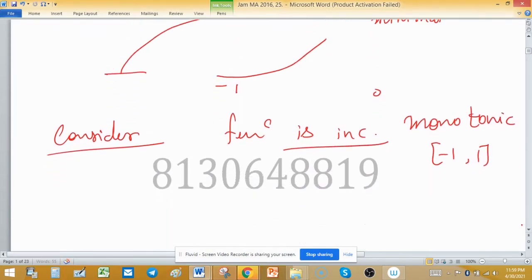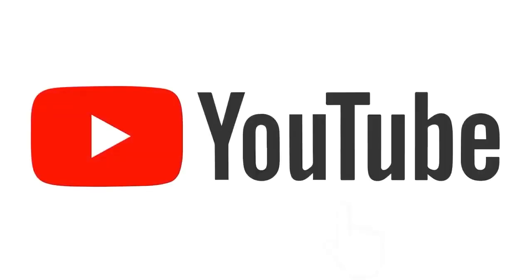If it is increasing, because half part is increasing, so I consider, or let the function be monotonically increasing on the entire domain. So if it is increasing, then the maximum value of the function is at 1. So max value will be at 1. So 1 upon 1 plus 1 plus this, it means 1 upon 2 plus 1 equal to 3 by 2. So maximum